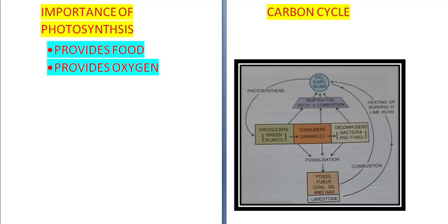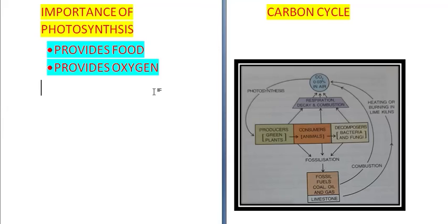Non-green plants such as fungi and bacteria obtain nourishment from decaying organic matter in their environment. This organic matter comes from dead animals and plants, which in their own turn were dependent on photosynthesis. So life itself is dependent on this process of photosynthesis. Second, it provides oxygen. Oxygen is also a life supporting gas which is present in the atmosphere, and it is produced only in the process of photosynthesis. So without it, neither the plants nor animals can survive.